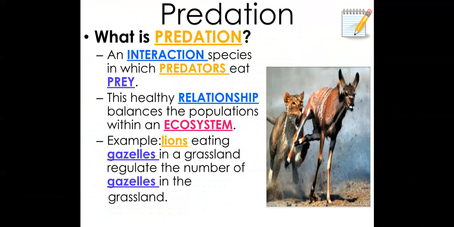So this is the thing. If there is an overage of gazelles eating grass in the grassland, obviously they're going to eat all of the grass. There'll be none for the gazelles and other animals to eat. Therefore, they're going to run out of food to eat. They're going to die off. So it's important that these relationships happen, and it's for the best, or for the well-being of the ecosystem as a whole.